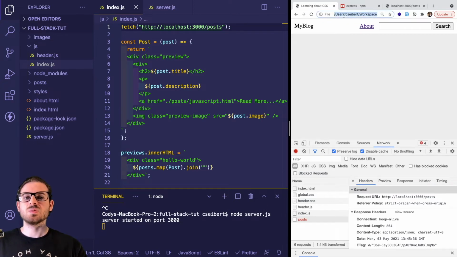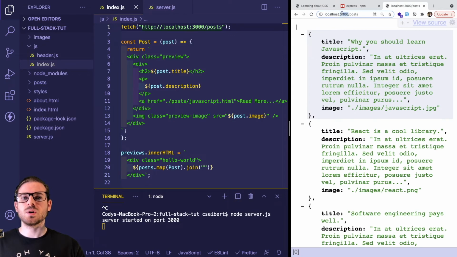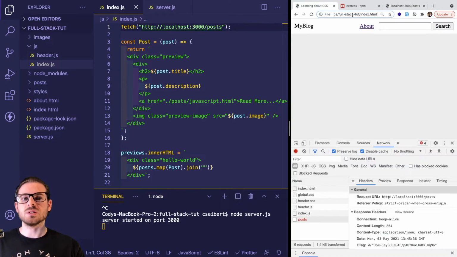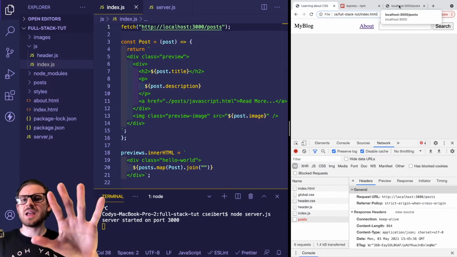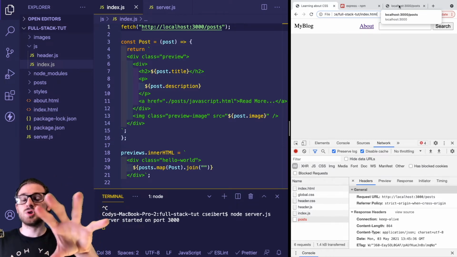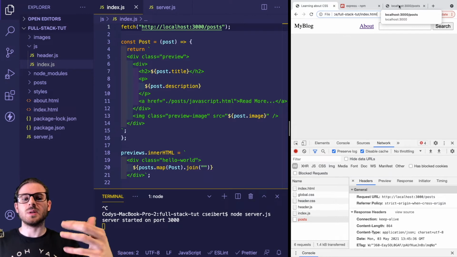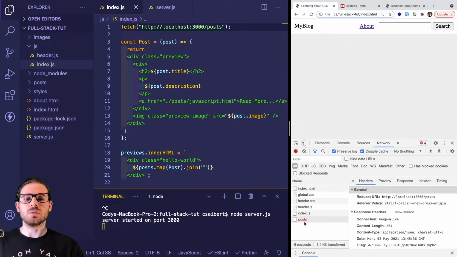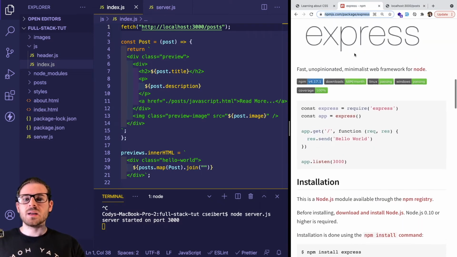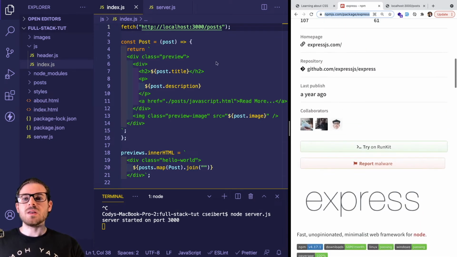I think since we're loading from a file, that's one issue. But also, this is hosted on port 3000, and our browser is not accessing something on port 3000. So the browser says, hey, your scripts are doing something that they probably shouldn't, so it doesn't allow that request to go through. So at this point, we have to go back and set up another